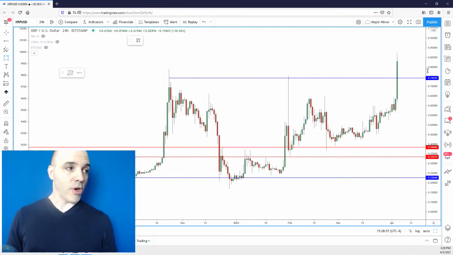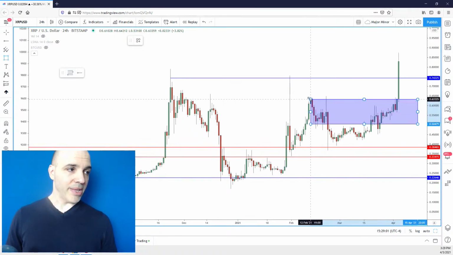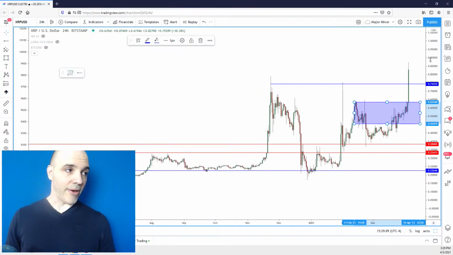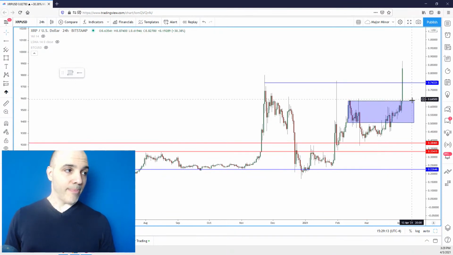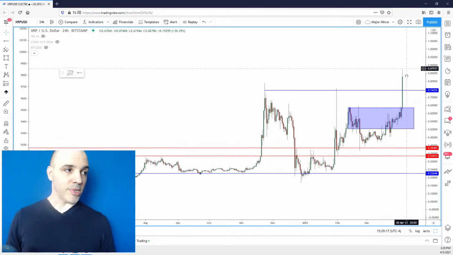Now, as far as support and resistance levels go, your support on this thing right now is going to be in this zone right here, which is around the 64-cent area. Okay, so Shay Shank says he's in from like 43 cents. So that's a nice doubling of your money right there. So if this thing pulls back and you want to get back into some more, it would be in that 60 cent, 50 cent, mid 50 cent area.